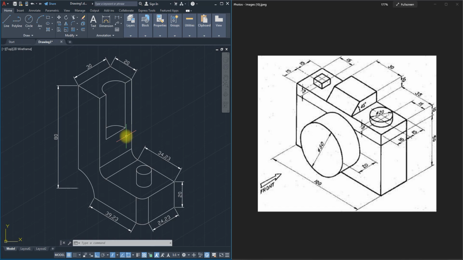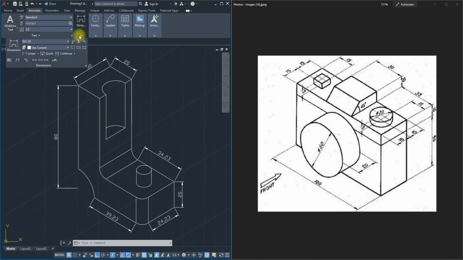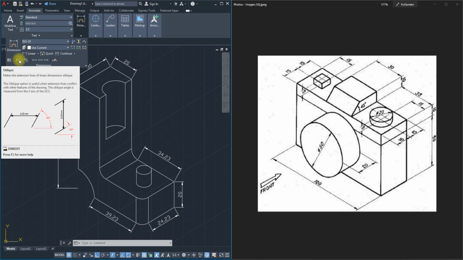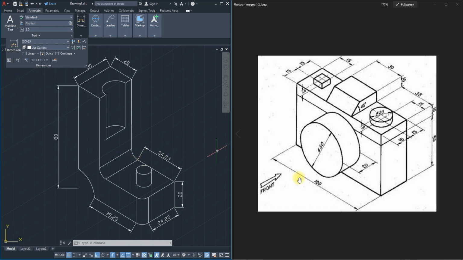Like we said, align dimension just means they're aligning to the line. So we need to look for a way to force this dimension so as to look as if it's actually flowing in this isometric. Do you understand? Which is why this is what we're going to be using under this dimension. If you remember, I said we're going to be looking at this oblique dimension. When we were doing dimension, I said we are talking about this, but not now, until we get to isometric. So the way oblique works is that